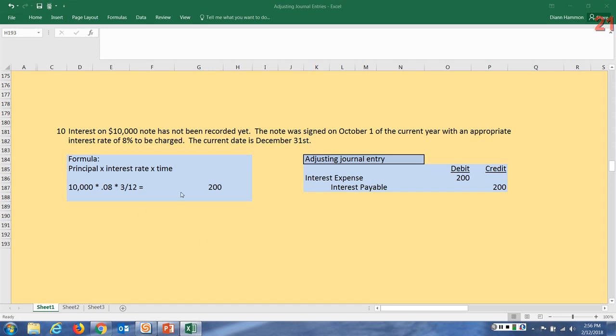And if of course you use Excel, notice up in the formula bar, the formula is up there for you. Equals parenthesis 10,000 times 0.08, close parenthesis, and then multiply times, in parenthesis, 3 divided by 12, close parenthesis. Excel's a marvelous tool. It'll do a lot for you if you'll allow it to. The adjusting journal entry would be the same as before. Interest expense gets the debit. Interest payable